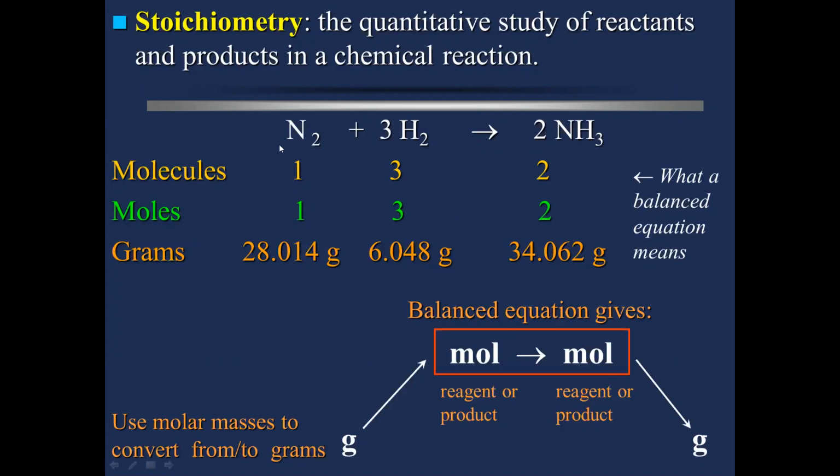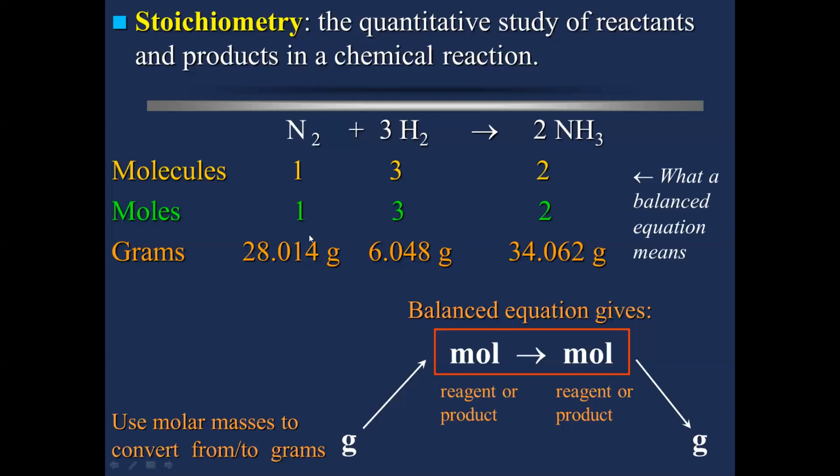equation. For example, from this equation, I can read that one nitrogen molecule can only react with 3 hydrogen molecules, no more, no less. The ratio is fixed. It also tells us that if you multiply these molecules by Avogadro's number, you have moles. That means 1 mole of nitrogen can only react with 3 moles of hydrogen and produce 2 moles of